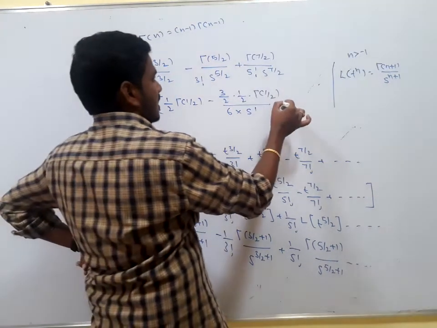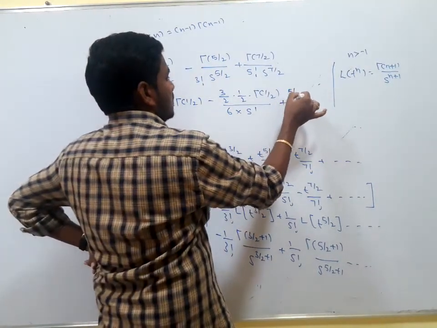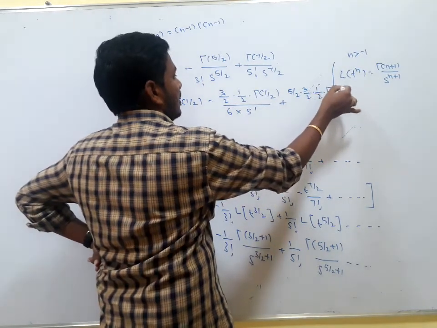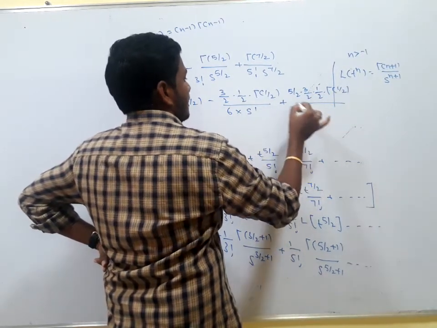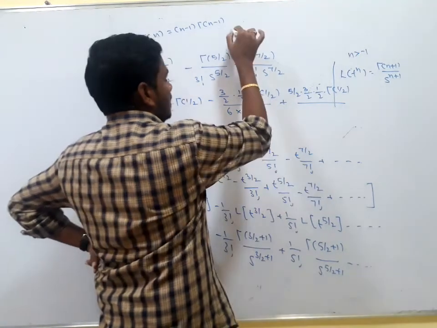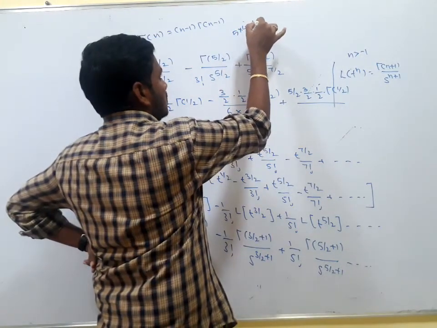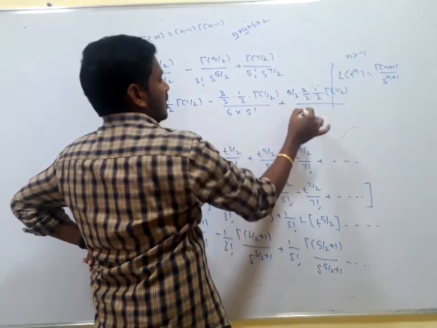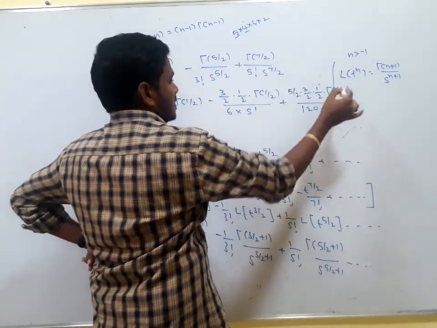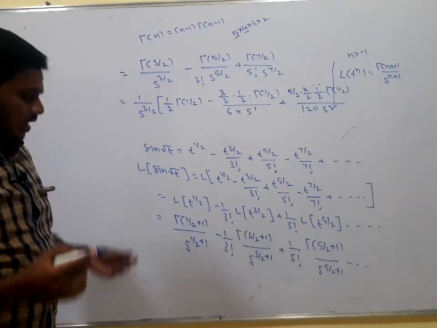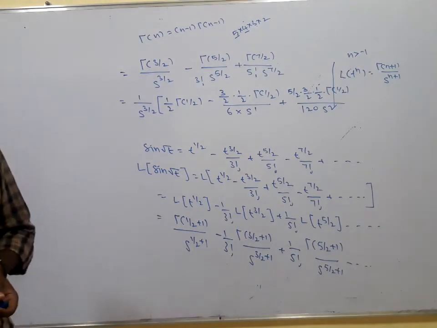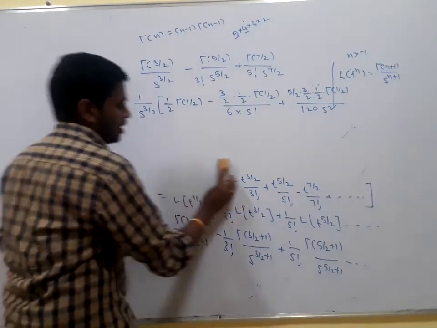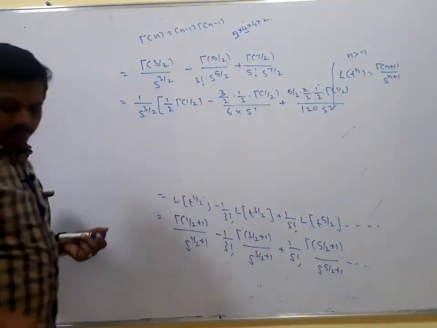Next term is 5 by 2, 3 by 2, 1 by 2, gamma 1 by 2, divided by s to the power of 5 by 2... here it is 5 factorial: 5 into 4 into 3 into 2, 5 into 4 is 20, 20 into 3 is 60, 60 into 2 is 120, 120 s square. We can take gamma of 1 by 2 common also. If we take gamma of 1 by 2 common, it becomes,